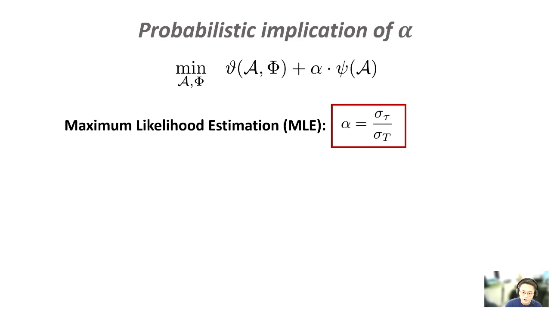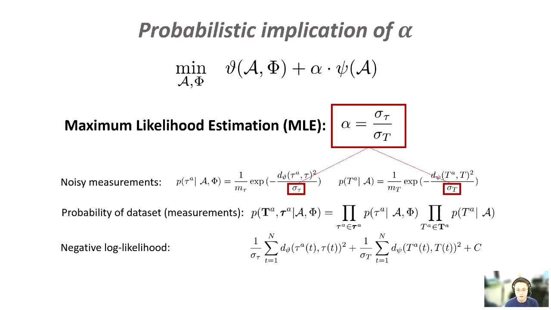Such linearly weighted criteria tend to introduce a level of ad hoc arbitrariness in the choice of weight. So based on a maximum likelihood estimation argument, we established that the weight is a measure of the relative accuracies between the kinematic measurement and the dynamic measurement.